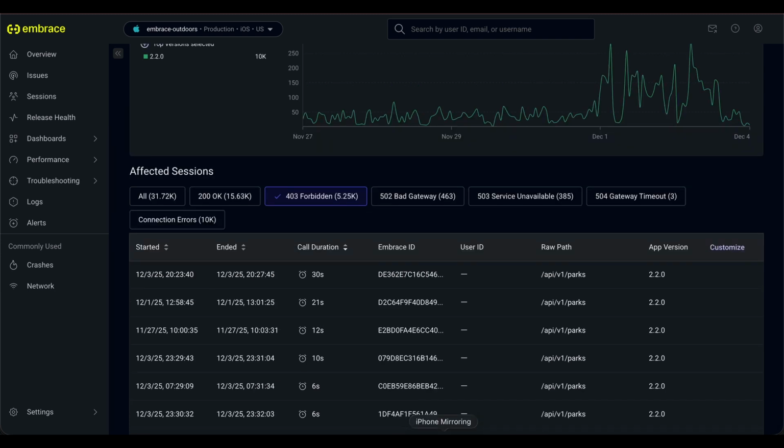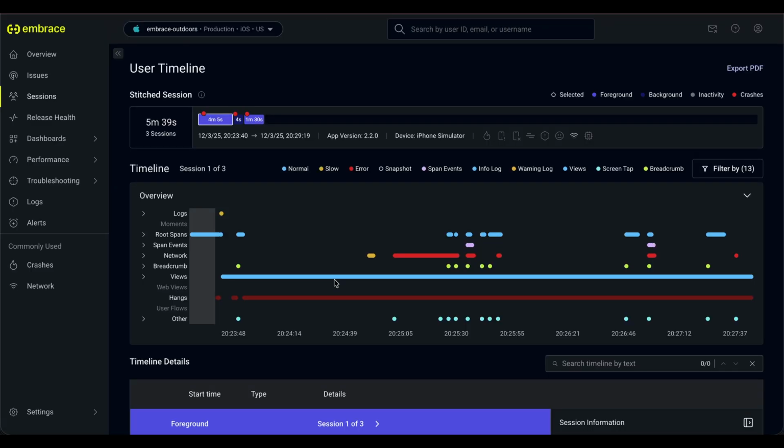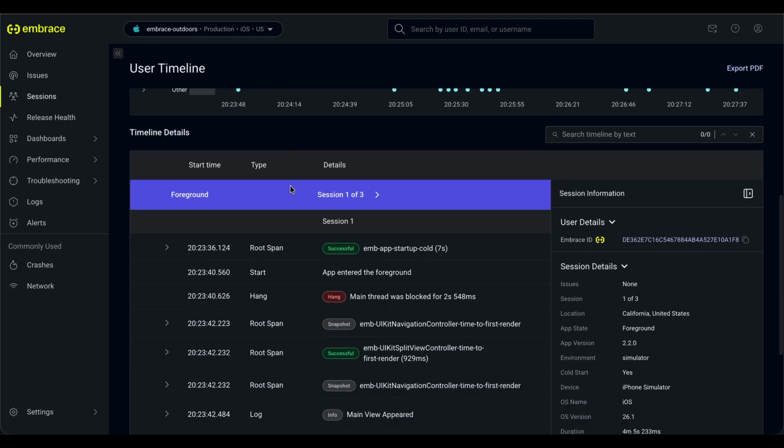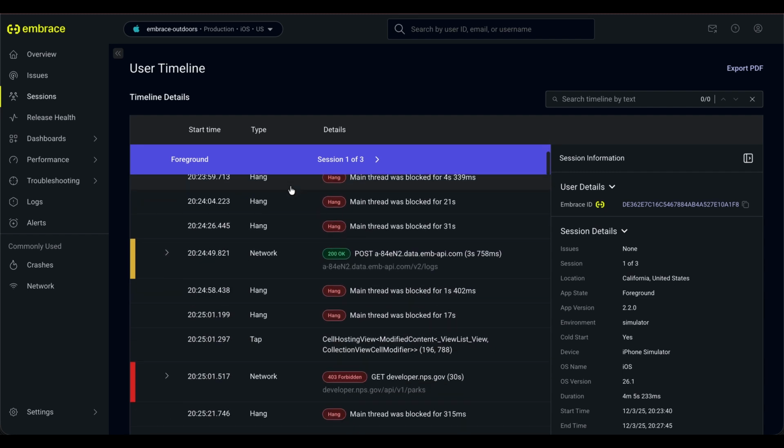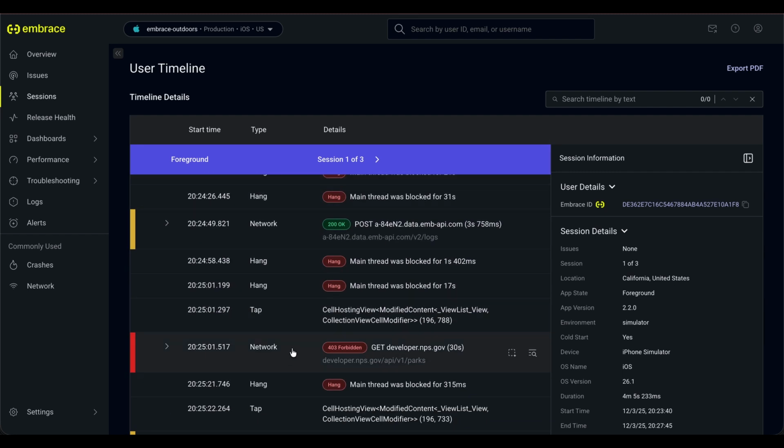Let's go ahead and drill into one of these network calls here. In the 403 tab, I click on a specific network call. This brings me to the user timeline where I'm able to see everything that happened within a user session or multiple sessions that are stitched together. If I go down and find where this network call was made, we're looking for this 403 forbidden call